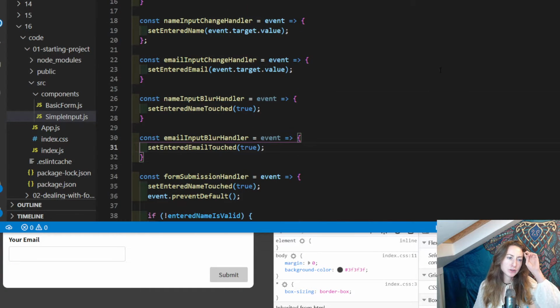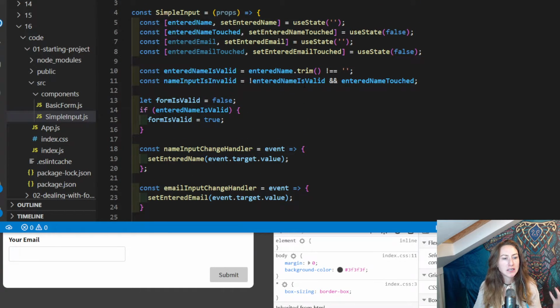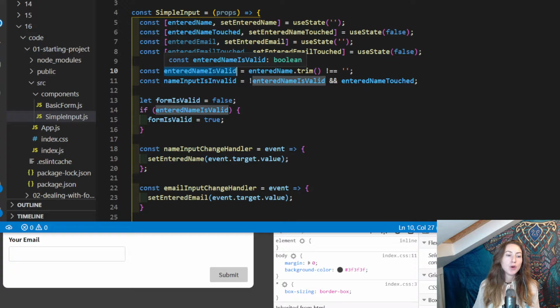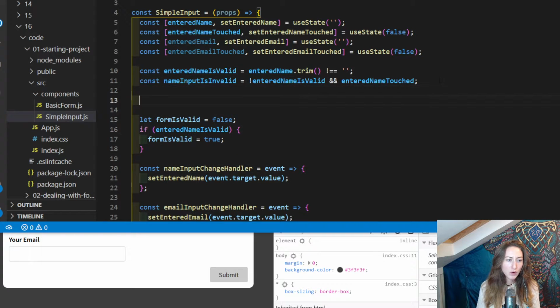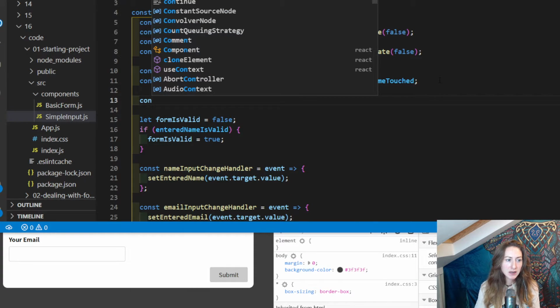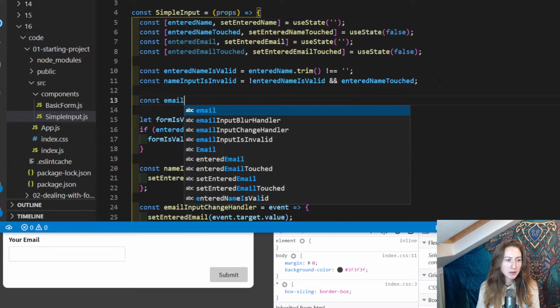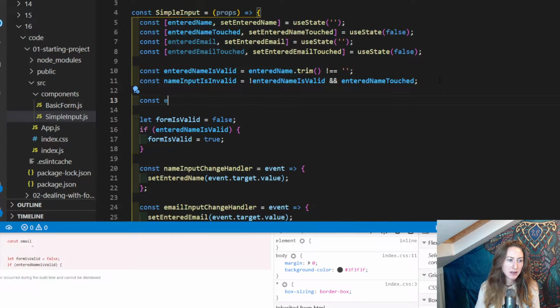Okay, so we're also just going to add some more validation checks here, or just a validation check, because for the moment we have this check, well, this boolean that is true if the entered name is valid, and if it's not true, if it's not the case, then this will be set to false. So we want to create something similar for our email field. So we'll have a const entered email is valid,